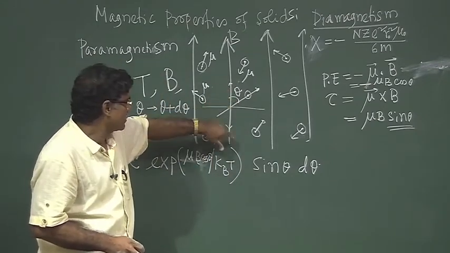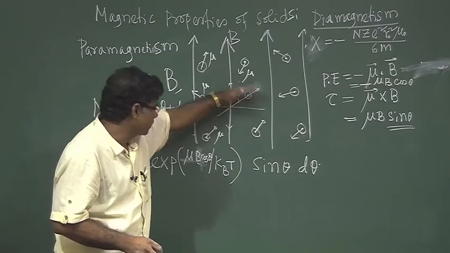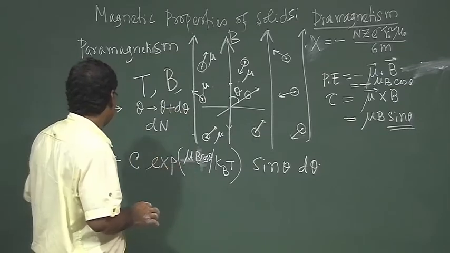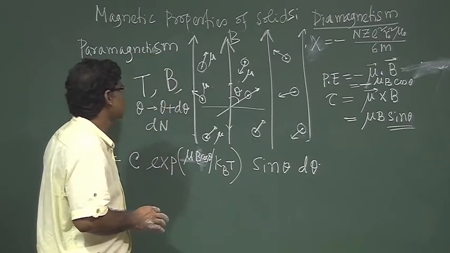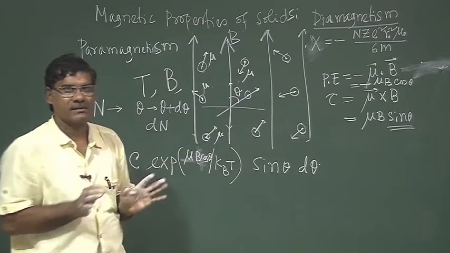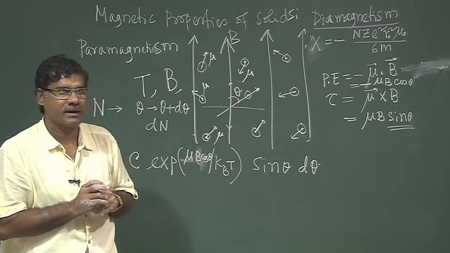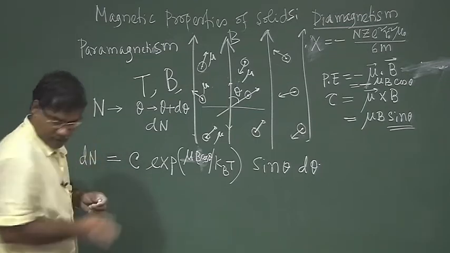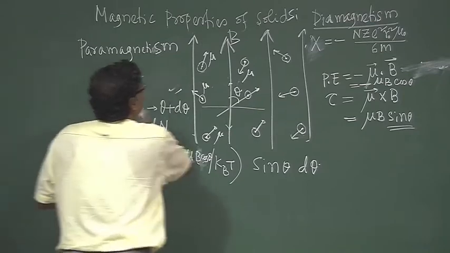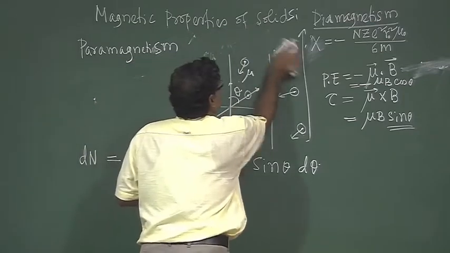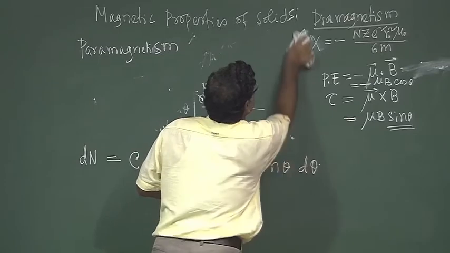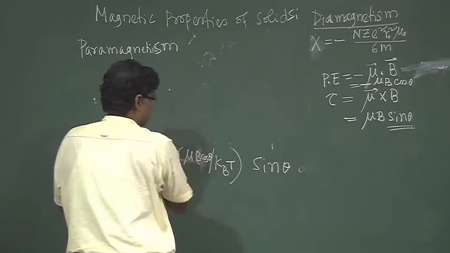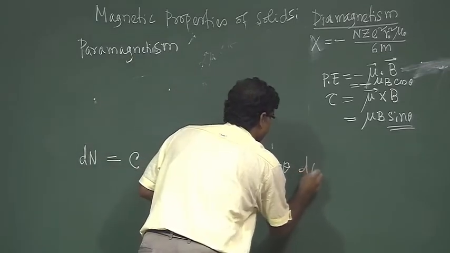So within this range all molecules, all atoms or all moments, n number of moments, will be there, right. So if I integrate dn,